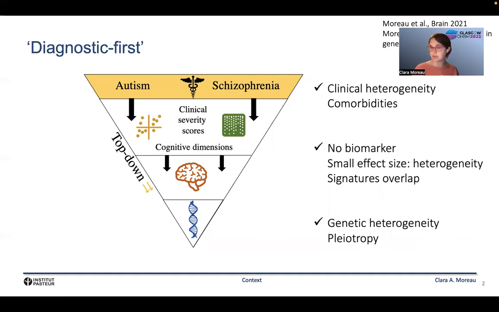But so far, research using the top-down approach identified large clinical heterogeneity, a lot of comorbidities. At the imaging level, they were not able to identify clear biomarkers. They reported small effect sizes and a lot of heterogeneity and overlap of signature. And finally, it can make sense, these imaging findings, if you look at the results at the genetic level, because